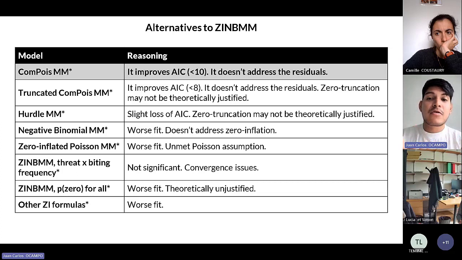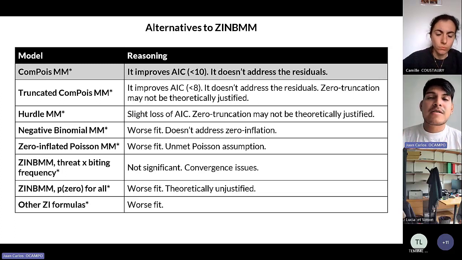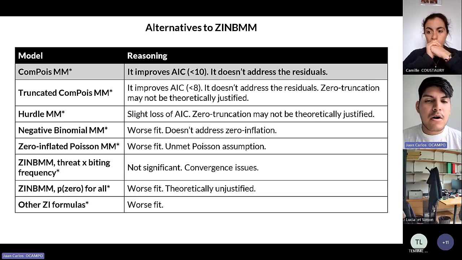So zero truncation is an alternative to zero inflation models because they assume that the processes that give us zero counts are different. We modeled that, and we have a slight reduction in model fit, but more importantly, zero truncation may not be theoretically justified for our variable and the way that we understand zero counts in mosquito MBD protective behavior. And we do have one alternative with this Compois